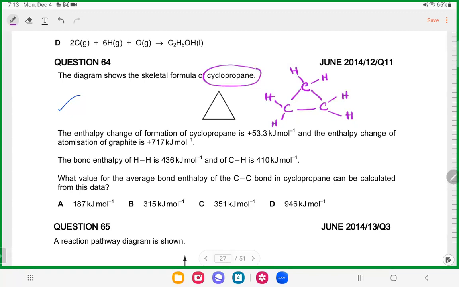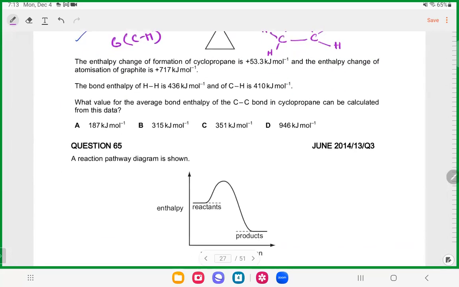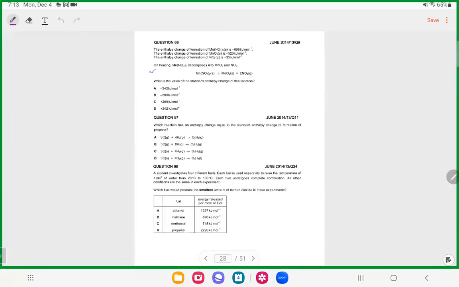So you can see 3 carbon bonds and 2, 4, 6 carbon hydrogen bonds. 3 carbon bonds हैं and 6 carbon hydrogen bonds. Done. So just keeping till here, we almost done the half of this worksheet, and you have to do the